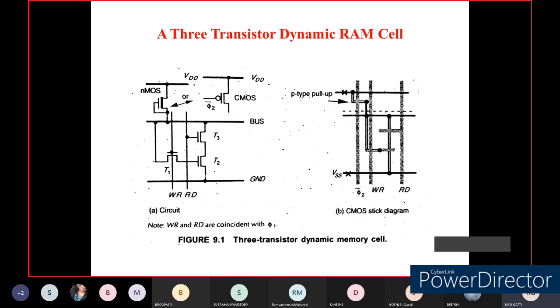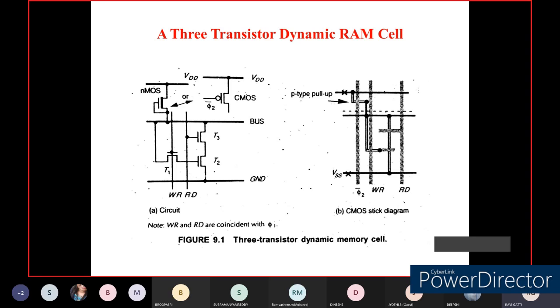Whereas in the NMOS area, we have created two transistors, and these two transistors are controlled by using a read pin and an enable pin. And for the clocking, for the synchronization of this dynamic RAM, we are using a clock signal, that is the phi 2 clock signal. But you can see in the implementation of the NMOS dynamic RAM, we have used the clock phi 1, whereas in the implementation of the dynamic RAM using CMOS technology, we have used the clocking signal as phi 2 bar.